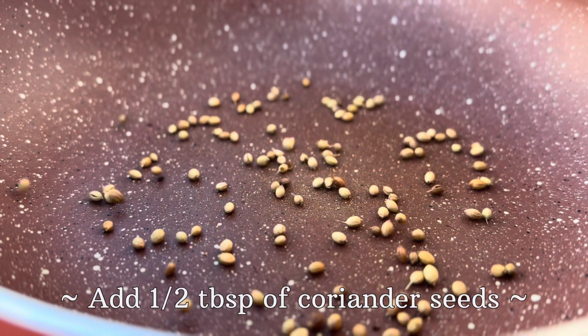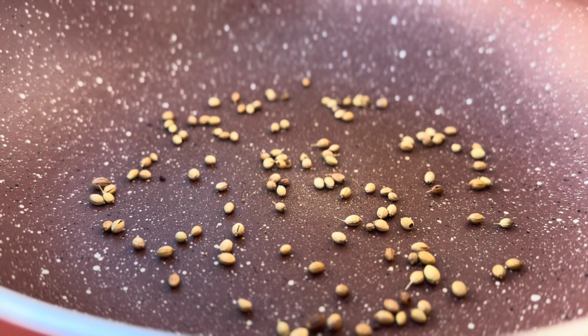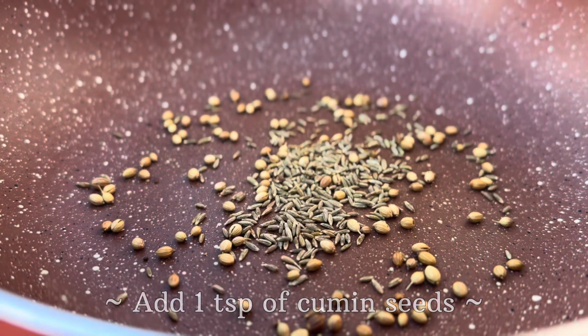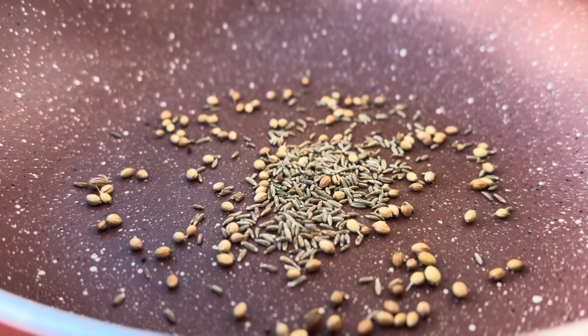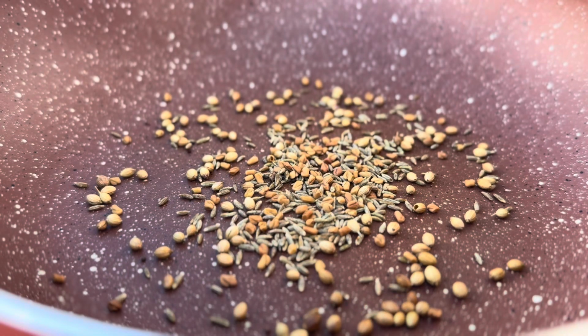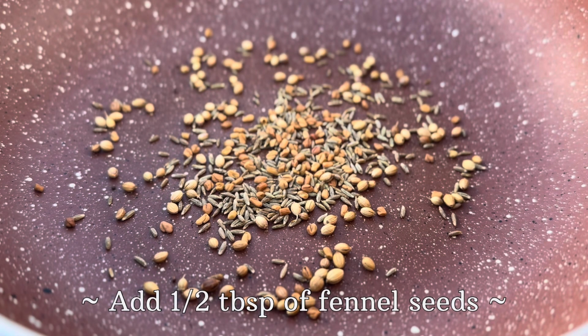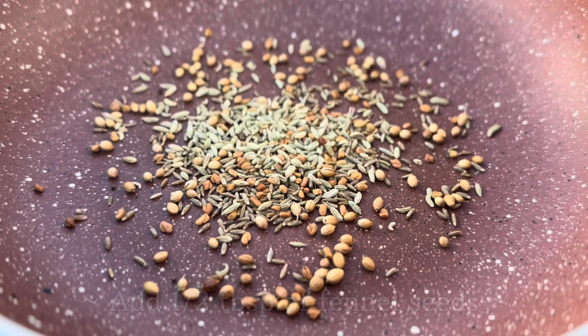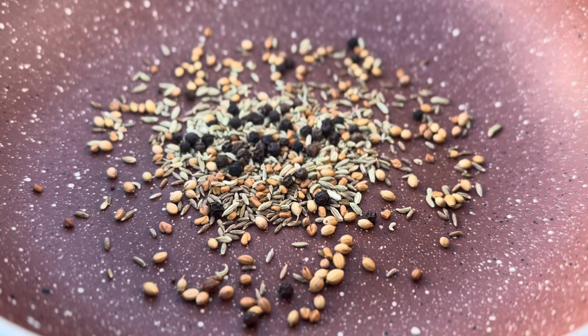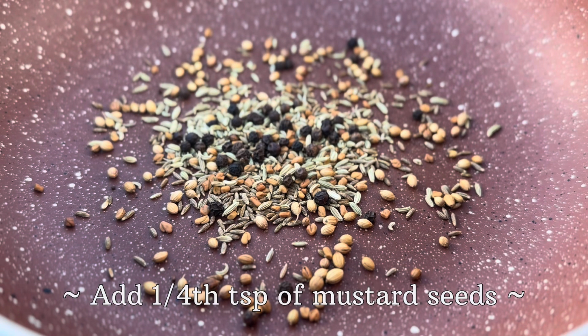In a pan, we'll add half a tablespoon of coriander seeds. Along with this, we'll also add 1 teaspoon of cumin seeds, 1 teaspoon of methi seeds, half a tablespoon of fennel seeds, half a tablespoon of peppercorns, 1/4 teaspoon of mustard seeds,